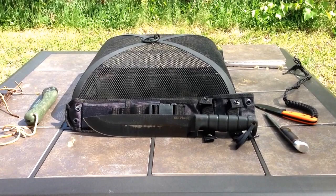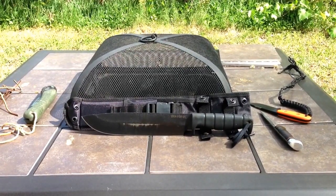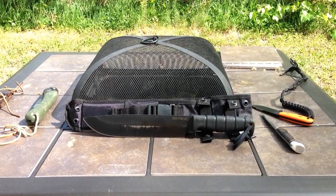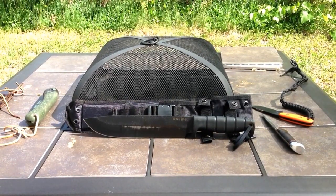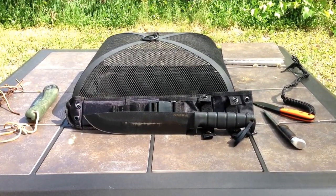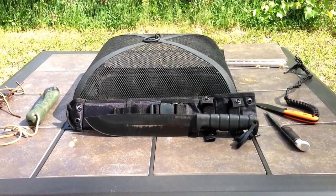The stuff I'm going to be showing you today is part of my EDC bag, so it's something that I'm carrying with me every day. So the likelihood of me having it in a difficult situation is pretty high. But if I did get caught out in the woods without it, I'd be looking at my Swiss Army knife and maybe a Leatherman. So this is kind of going over what pieces are going to make up a system,